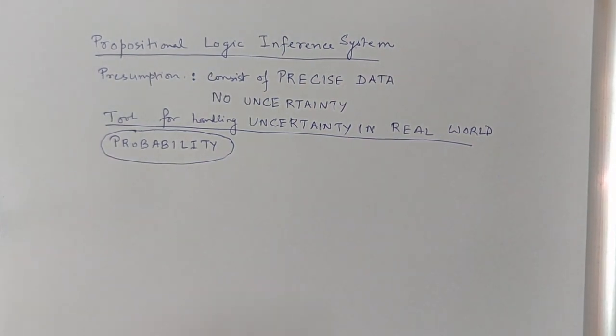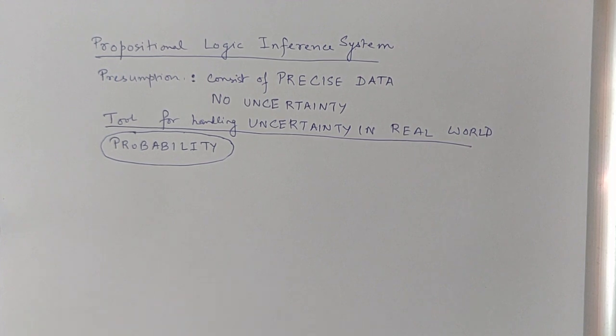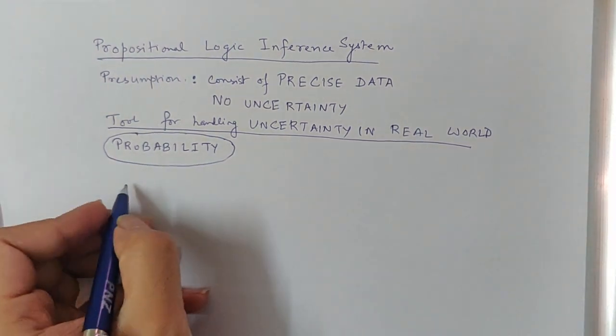So we will now be introducing probability as a tool for handling uncertainty by intelligent agents. Now, usually there are two views of probability. One is called the